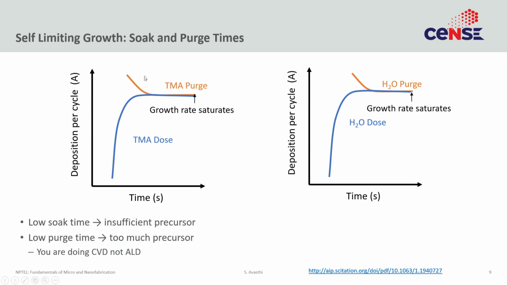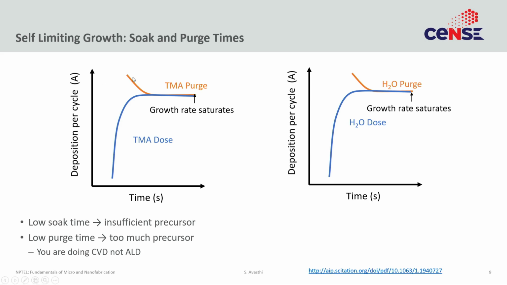Similarly for the purge cycle, you would plot the deposition per cycle for various purge times. For very small times you will have excess TMA that just hangs out in the chamber. Now this is TMA that is not adsorbed on the surface but is just inside the chamber. This is bad because this TMA will then react with the water that you will put in the subsequent cycle and do a CVD type reaction, not an ALD type of reaction. You always want ALD to happen on the substrate, not in the gas phase. So if you were to leave some excess TMA, that would artificially enhance your growth rate, but that growth rate is not proper ALD. So you want to avoid that.